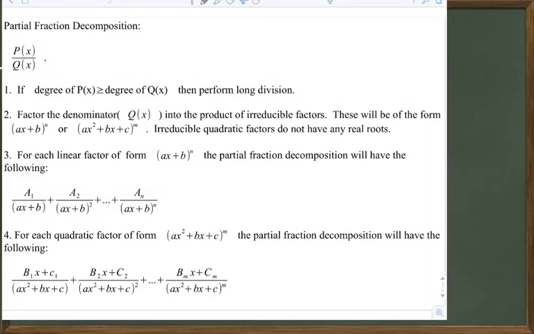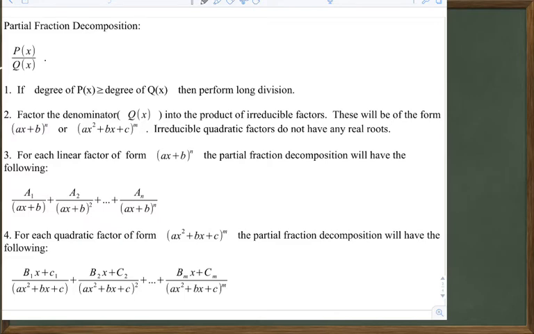Alright, this is the second video in partial fraction decomposition, section 3.4. So we're going to be looking at partial fraction decomposition, and we're going to be integrating something of the form p of x over q of x. And so the strategy is,